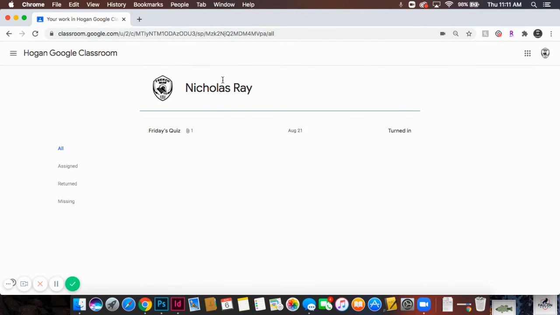Another way to do this is if you click on where it says View Work, you will see all of your classwork right here. So the classwork will show over here, it'll say turned in, it might say missing, it could say assigned or returned. Now, this shows you all the classwork, but if you want to see all the assignments that you still have assigned and haven't completed, you can click right here, and there's all of your assigned work right here. And if I want to click return,